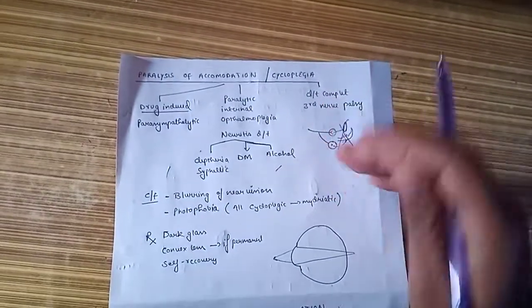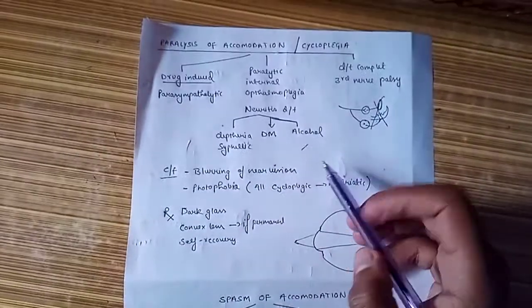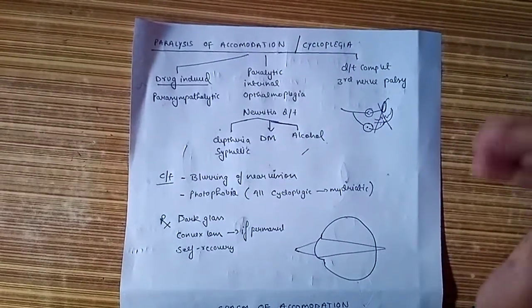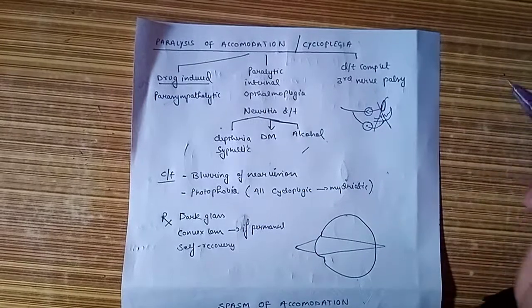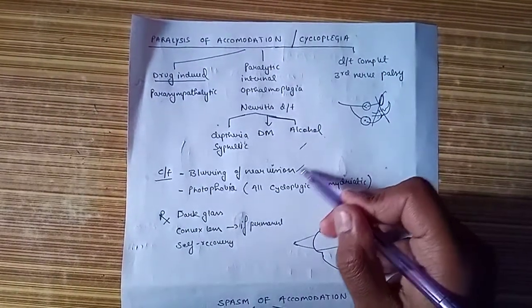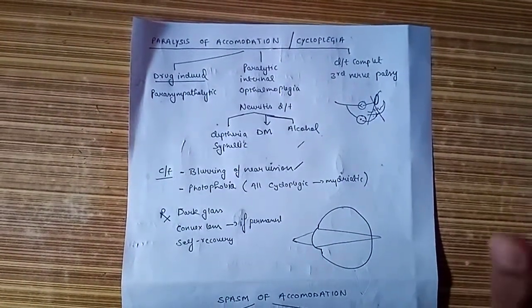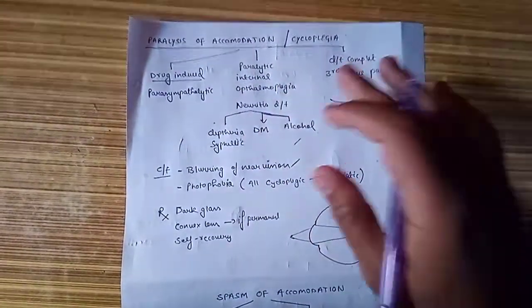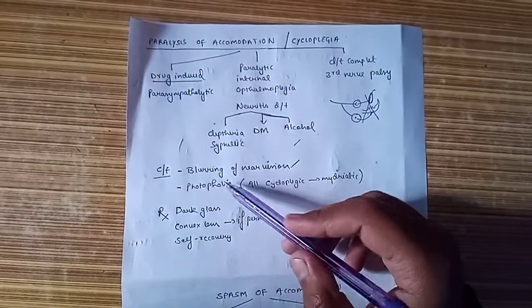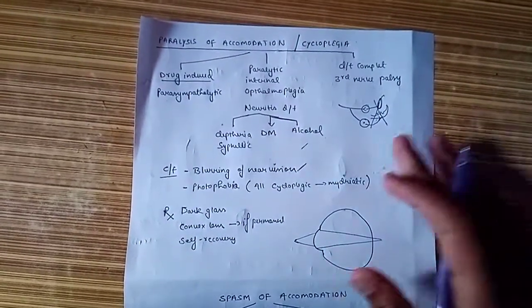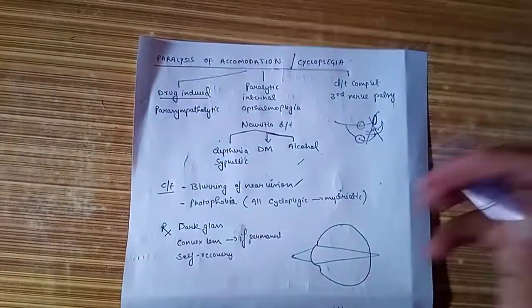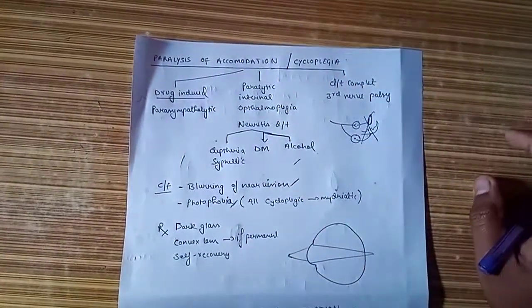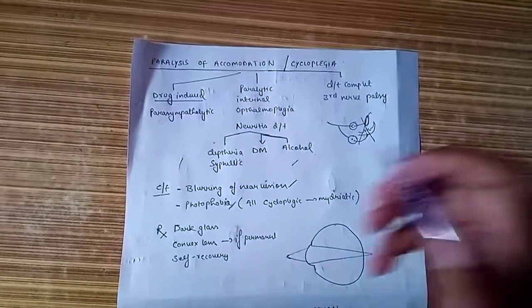to cycloplegia. Clinically, the patient will have blurring of the near vision, because of complete cycloplegia. The patient will not be able to accommodate for the near point, and this will lead to a complete blurring of near vision. Plus, because all cycloplegics are mydriatics, in most conditions there will be mydriasis. Because of mydriasis, a lot of light will be entering into the eye, and that will result in photophobia. So these are the two main symptoms in the case of cycloplegia,